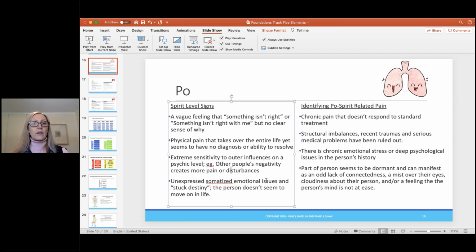You'll see huge imbalances in the organs that are related to the PO, such as the large intestine and the lungs. So later on, if those things didn't really happen in childhood, or if that psychological piece... PO imbalances can also be the refusal of someone to really look at themselves and look at the shadow side of themselves, right? That they want to be all goodness and light all the time, and that they're unwilling to say, hey, I'm not so good in this department, or yeah, I have a tendency to be a little